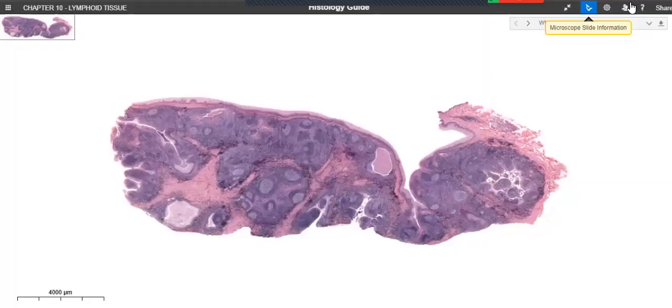Welcome. Today we are going to look at the histological organization of the palatine tonsil. So the palatine tonsil is a secondary lymphoid tissue or organ, since it